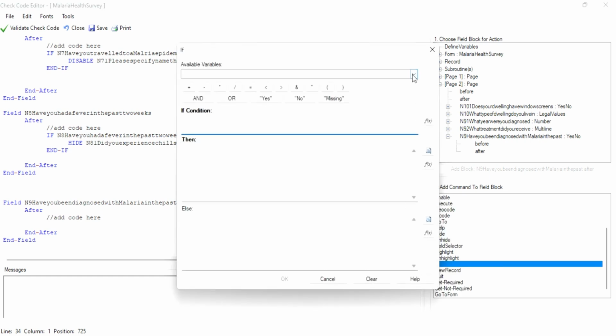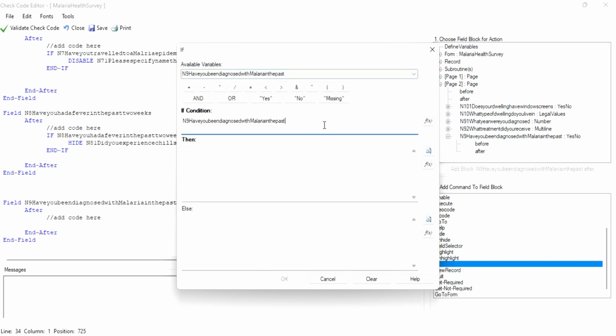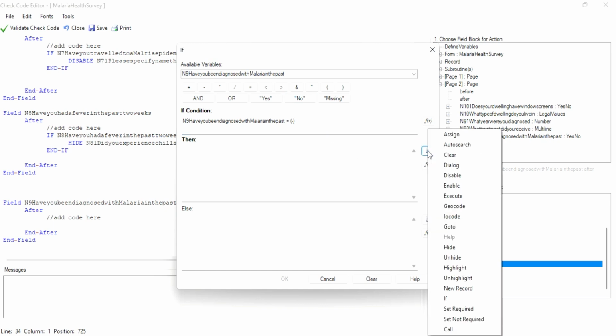And then we state our variable, which is, have you been diagnosed with malaria in the past? If that equals no, then our statement should be, then we want to hide